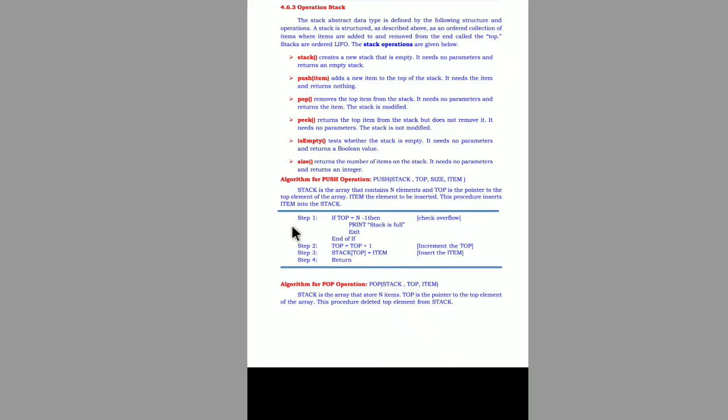These are the very simple 4 steps given to push an item onto the top of the stack. Simple thing here you need to understand. In step 1, what we are doing is just checking the condition whether the stack is full or not. If the stack is full, we cannot insert, so we print the message and exit from there. If the stack is having space, then we go to step number 2. There we increment the top pointer to point to the next higher location, and then we copy the data item to be inserted into that new location. And then step 4 is just return to the calling function. So these are the 4 steps of the push algorithm that you have to understand here.